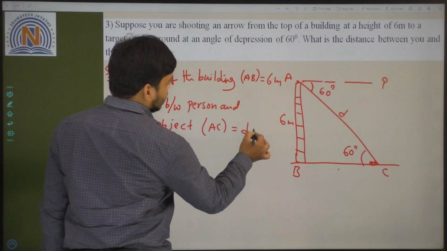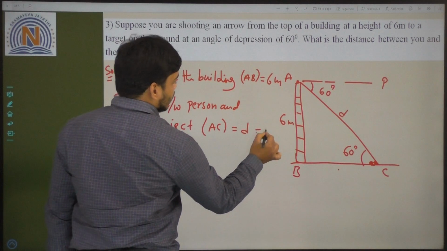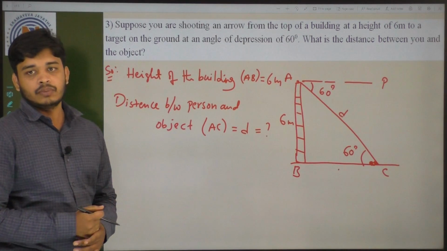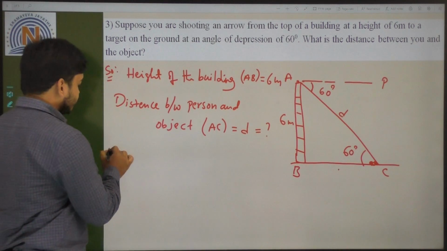AC is D meters. Let it be, we need to calculate it. We need to calculate the D value, right? And from the figure,